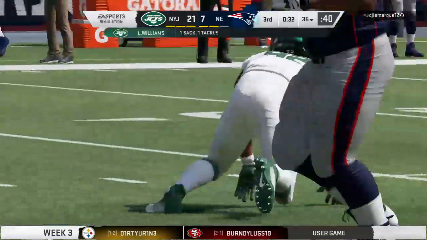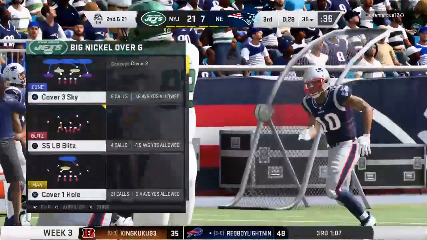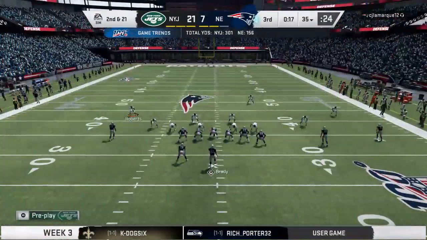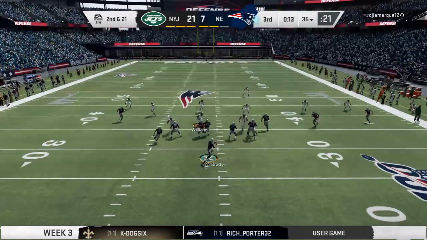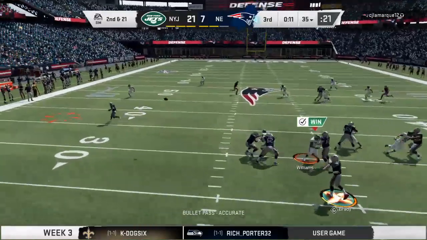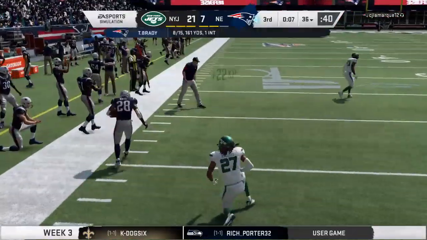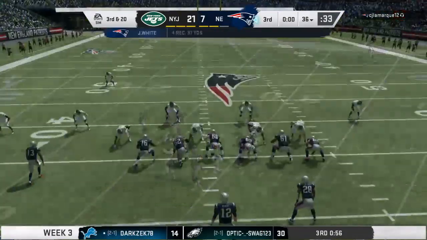Pressure from his right, and he goes down hard, flat on his back. Leonard Williams in there to bury him for a loss of 11. Now they're in some hot water. After that sack, it's 2nd and 21. Now Brady, throwing the out route incomplete. That's White. They'll give him a yard on the play, and they're going to face an uphill battle here on